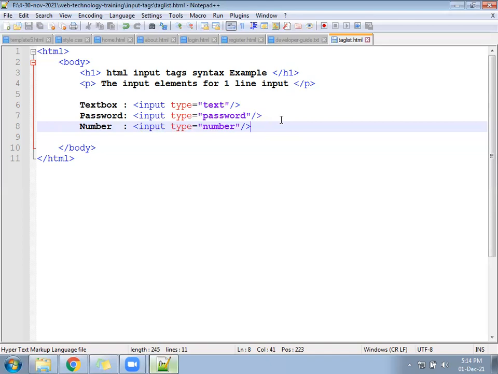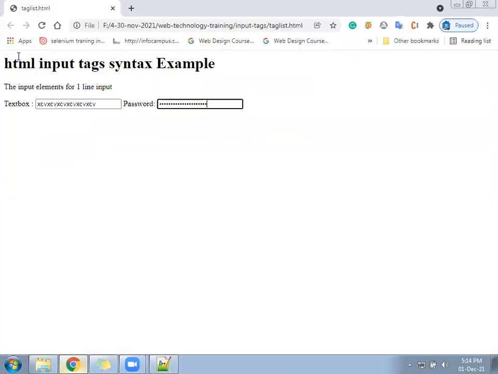Okay. After that, check again. This is also printing in the same line. So this is also called an inline element. Because text box, password, and number, all three are inline elements. It will not go to the next line by default.